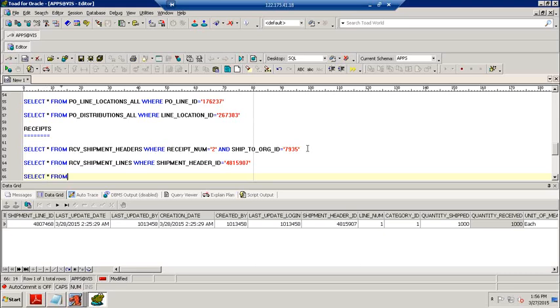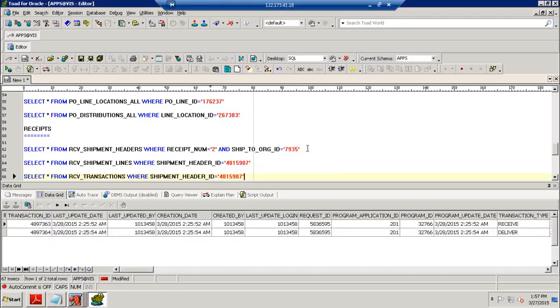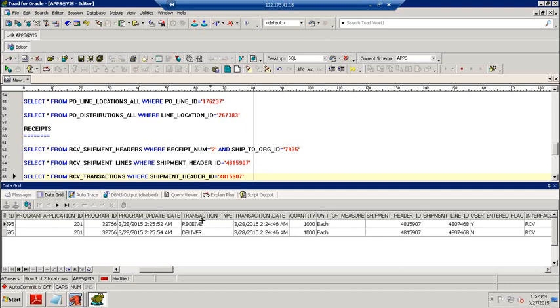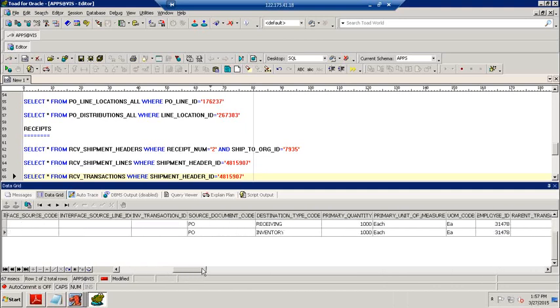Then next we can find out RCV transactions where shipment header ID is 4815907. Now it shows two records, right? So here we clearly understand how many items we received.